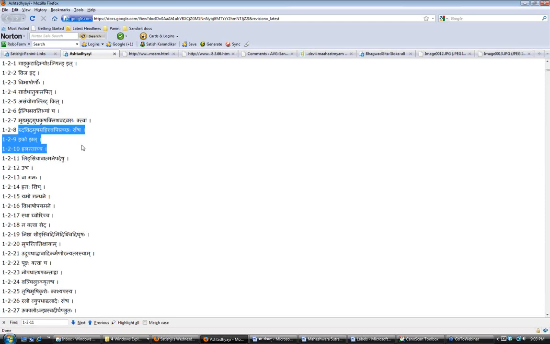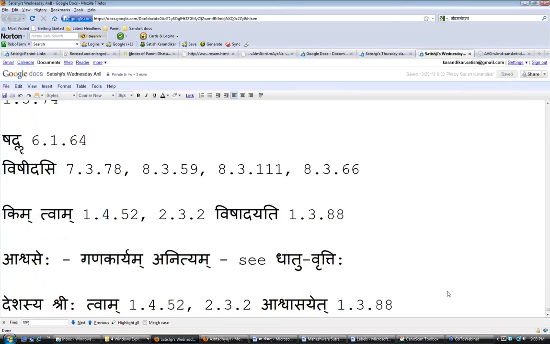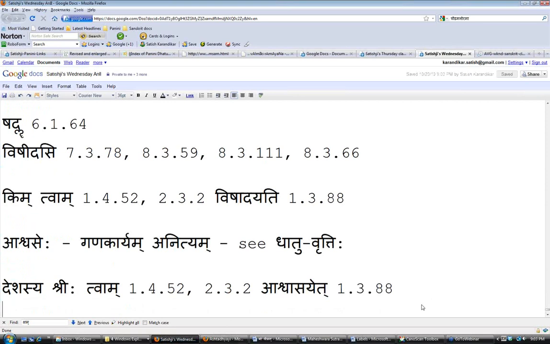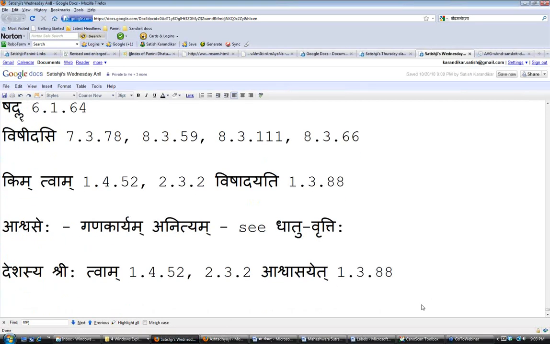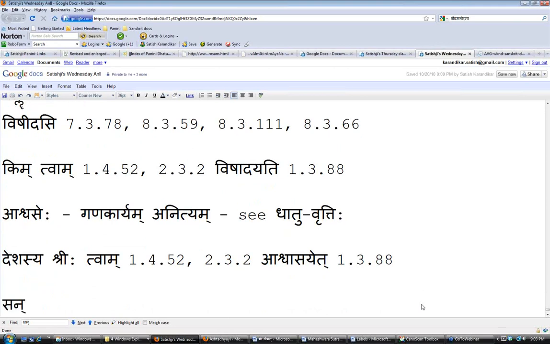So look at this. The anuvritti of the san goes from 1.2.8 to 1.2.10. Look at 1.2.8 to 1.2.10. It's also important because that's going to make it into a pratyaya, a kit pratyaya. It'll stop any guna, etc. Okay? So pratyaya san: looked at 3.1.7, looked at 6.1.9, looked at 1.2.8 to 1.2.10.